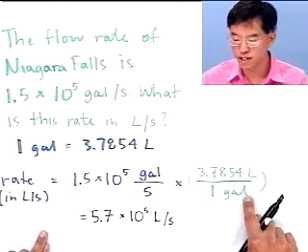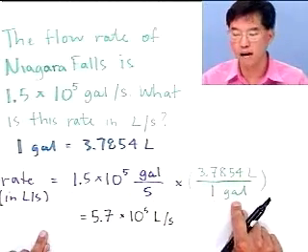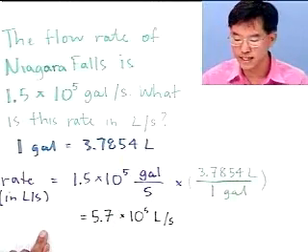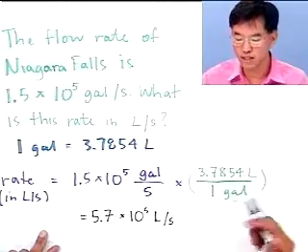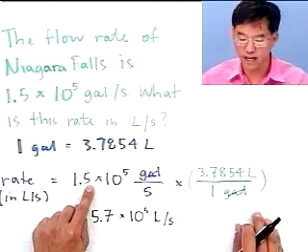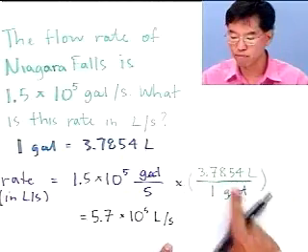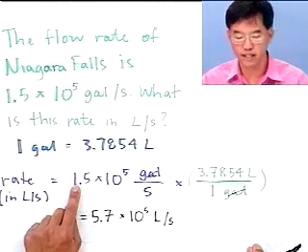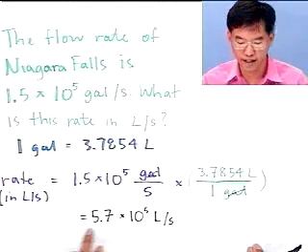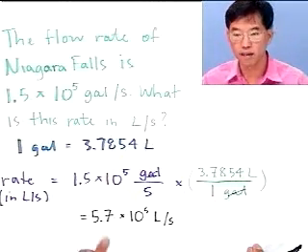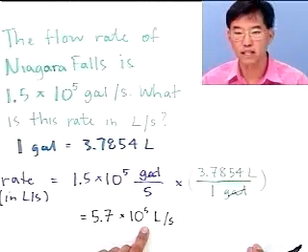So we'll use a unit of 1, which has gallons in the denominator so that we can cancel out the gallons. And then we'll use this 3.7854 liters in the numerator. And again, gallons cancel out. And then we multiply 1.5 times 10 to the 5th times 3.7854 liters. And then two significant figures here, because 1.5 has two significant figures. And so the rate of water going over Niagara Falls in metric units is 5.7 times 10 to the 5th